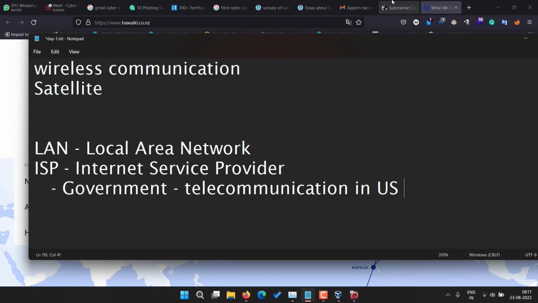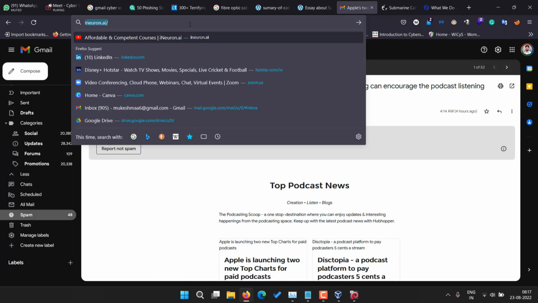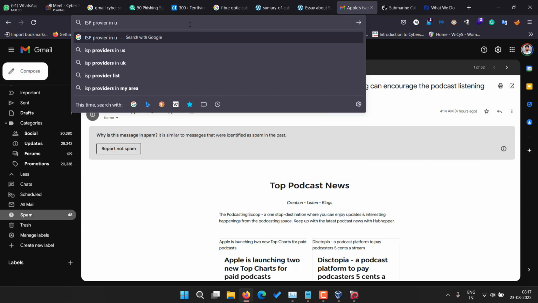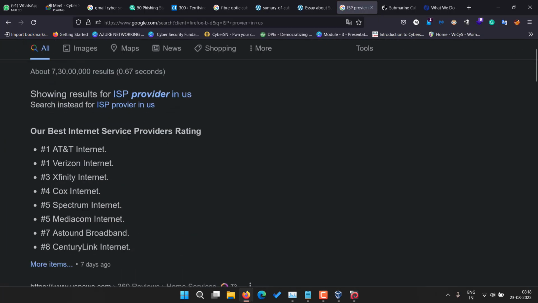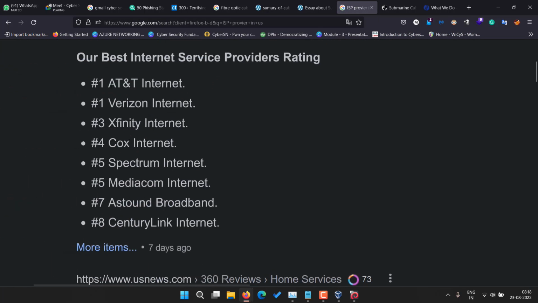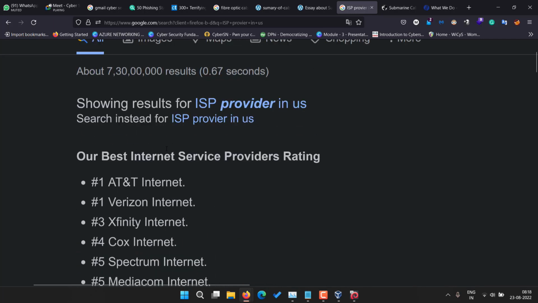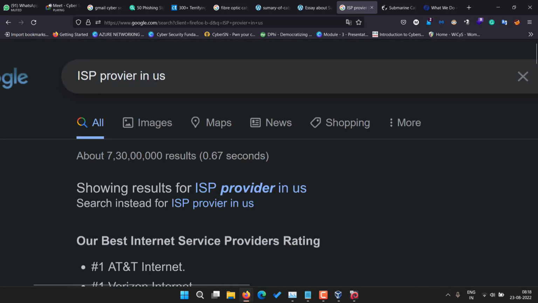So if I search for internet service providers in the US, these are the companies, if I'm not wrong. Maybe you have heard of AT&T Internet, Verizon, Virgin in mobile communication, Mediacom Internet, Ashnod Broadband, CenturyLink, Cox Internet. In which city are you using it? If I go with Las Vegas,